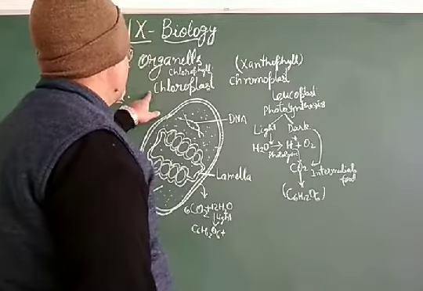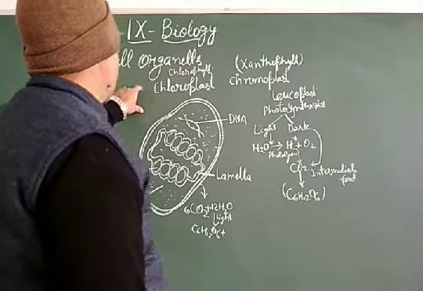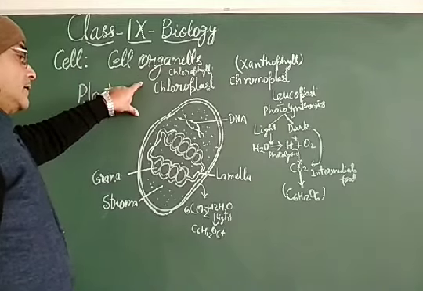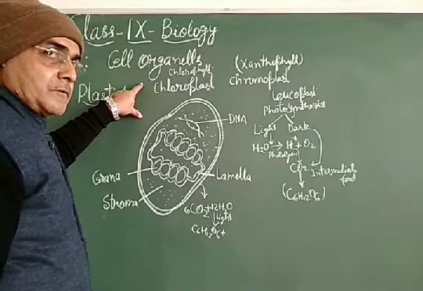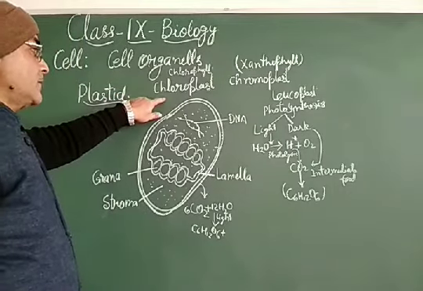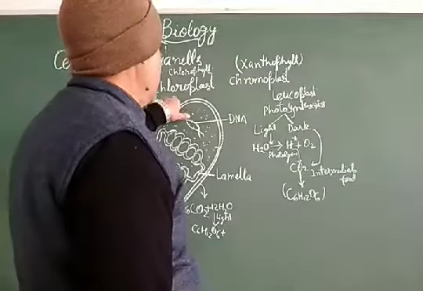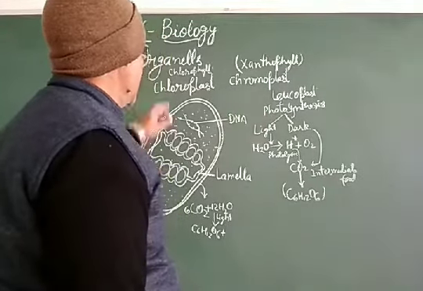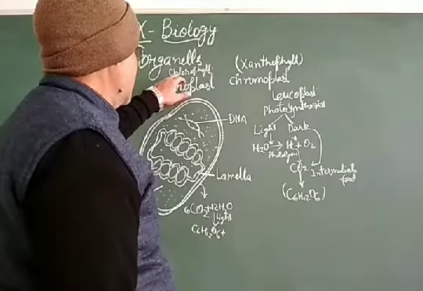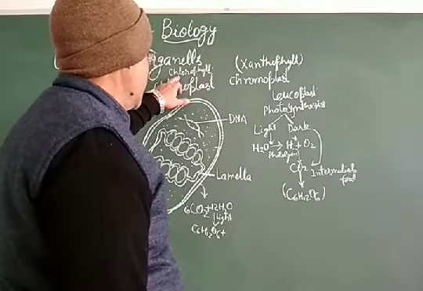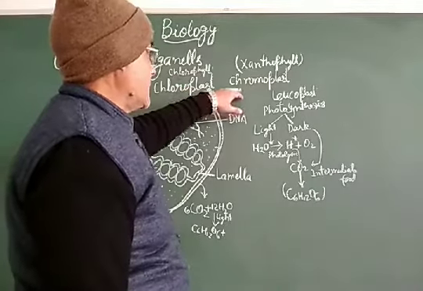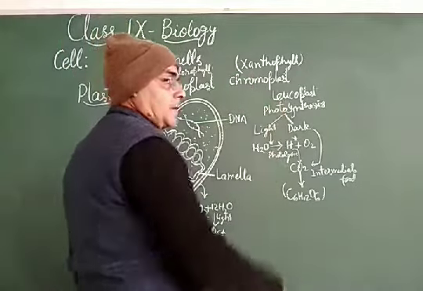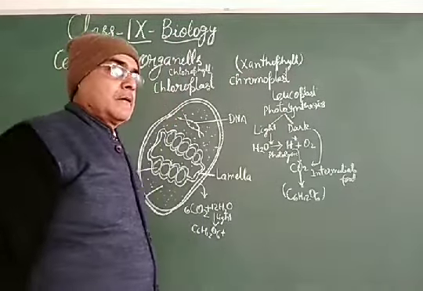So my dear students, if you are considering the structure of this plastid, it is found in the plant cell only, and in blue-green algae and other cells which are responsible for manufacturing food, they have this chloroplast. Plastids are of three types: chloroplast, chromoplast and leucoplast. Chloroplast has the color pigment chlorophyll. Chromoplast has the color pigment xanthophyll. While leucoplast doesn't have any type of color pigment, and it is found in the root of